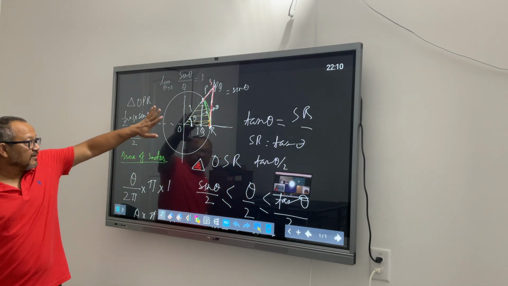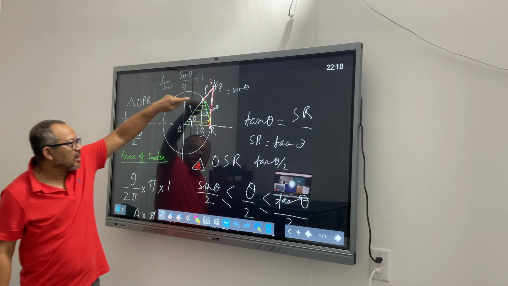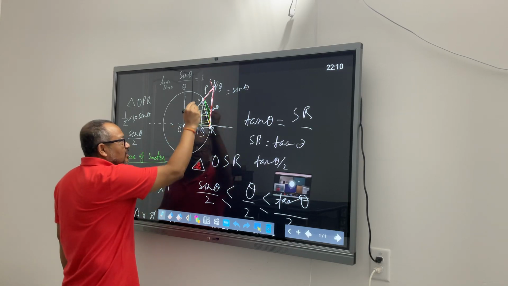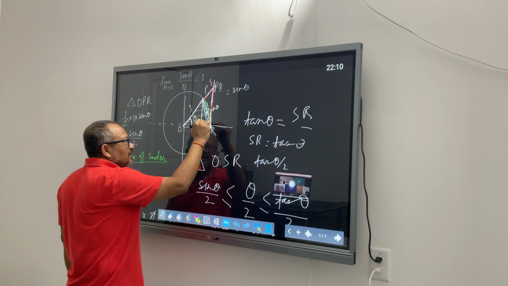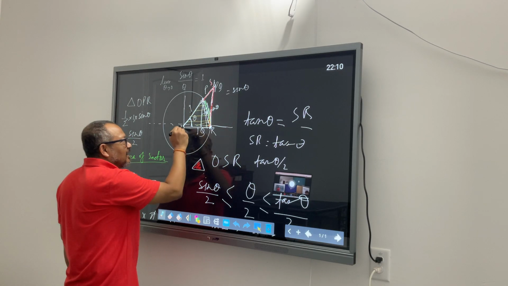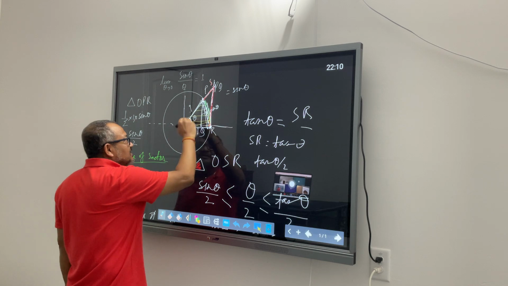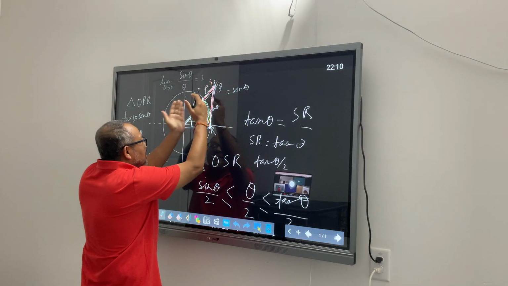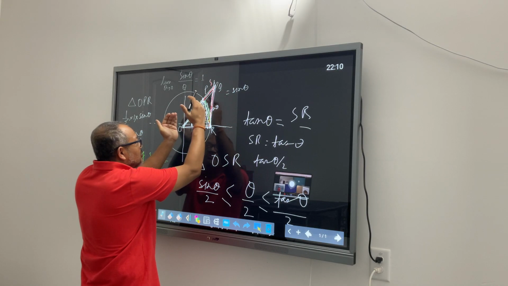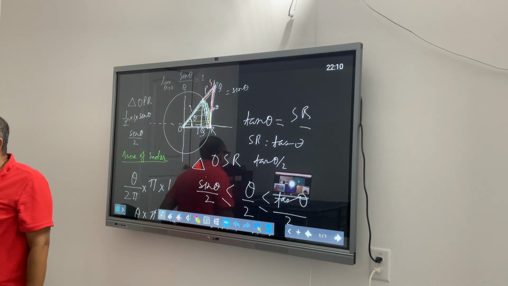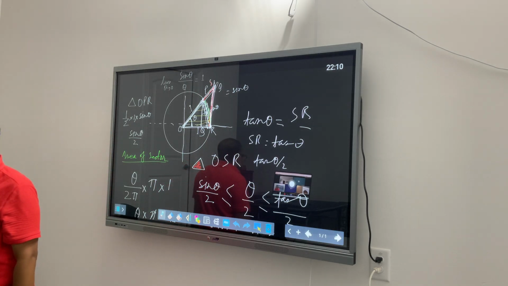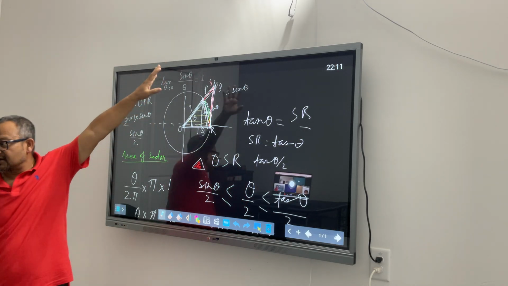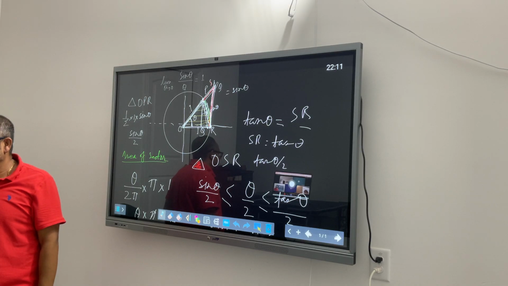So we looked at the unit circle, we picked a point where it's making angle theta, then we defined, from this point, this is one triangle. Let me add a little bit to it so that I get another thing to compare, and then extend this further so that it becomes a right angle triangle. So this right angle triangle's area is more than this sector's area, and this sector's area is more than this triangle's area, and we could draw a correlation there. That is how we were able to successfully prove that the limit of sine of theta divided by theta where theta is approaching 0 is 1. Yeah?